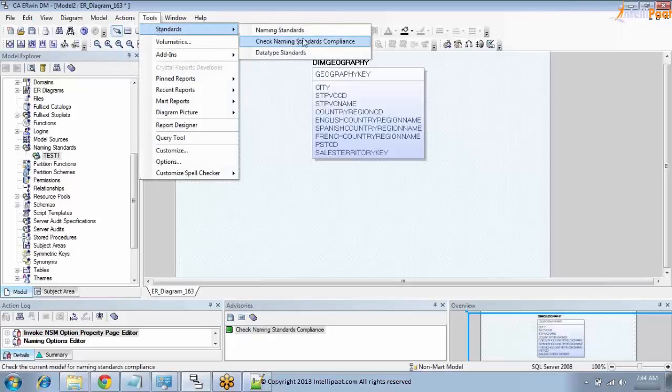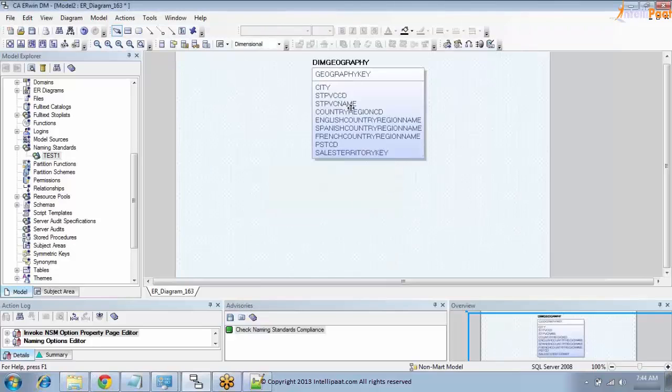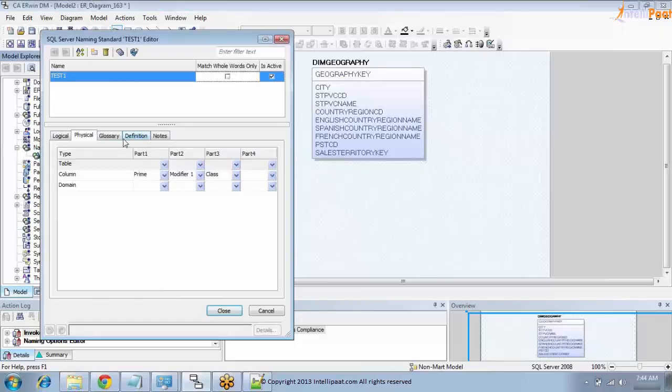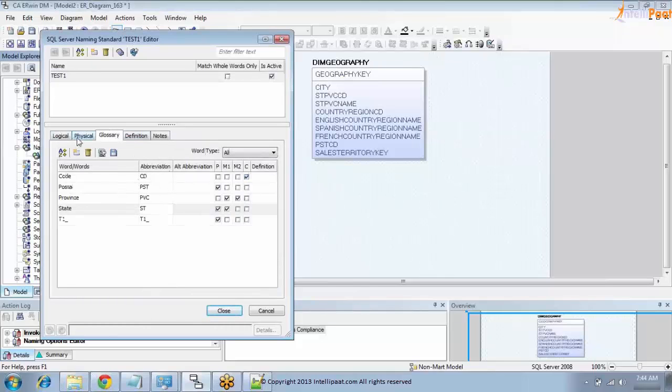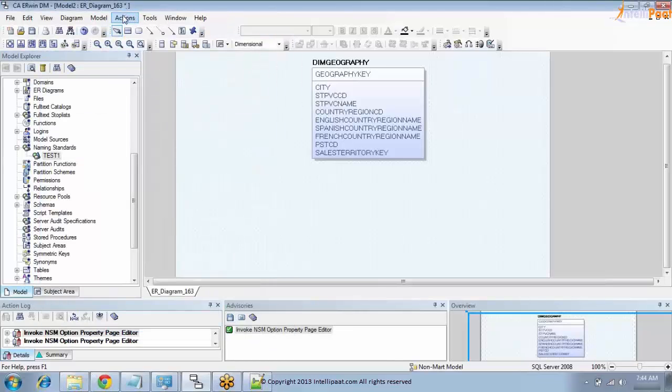Okay, usually we are more concerned about this part, table, column, domains, naming. So we have to convert the words into the corresponding codes. So now you know you have to first create a naming convention file, naming standard file, by adding glossary, then marking its sequence in logical and physical. First part. Second part is going to action,